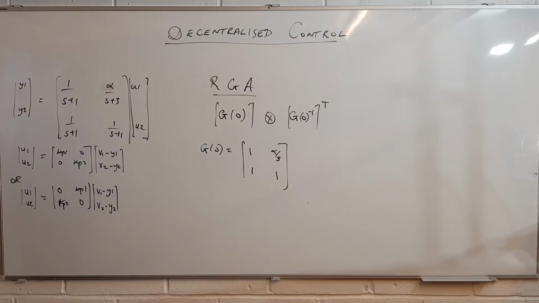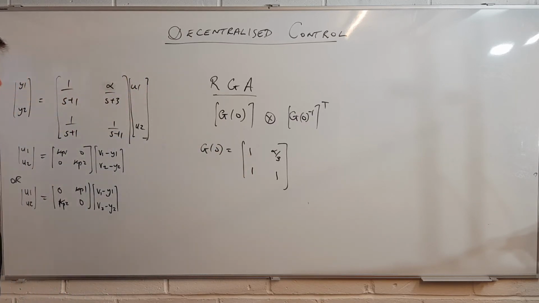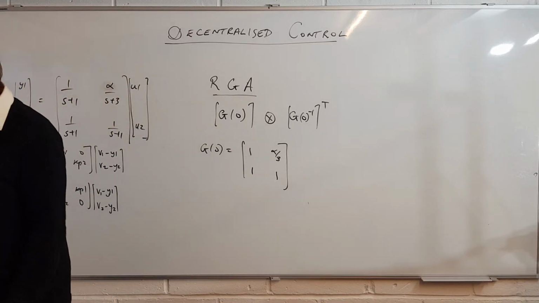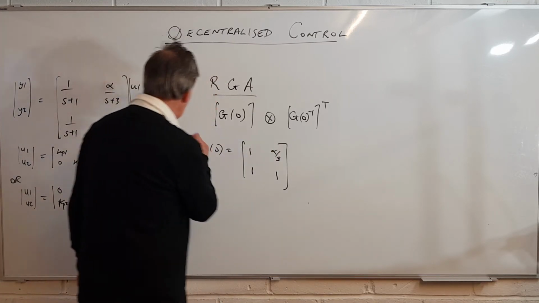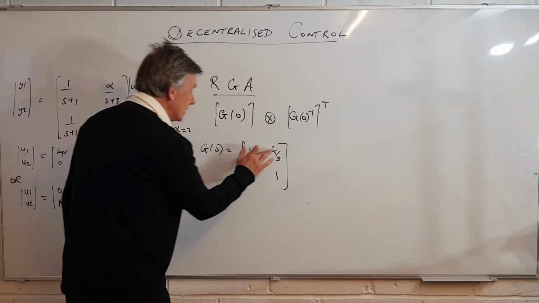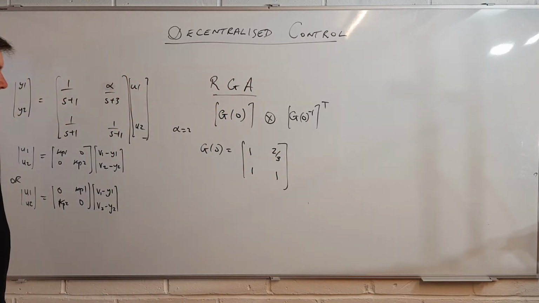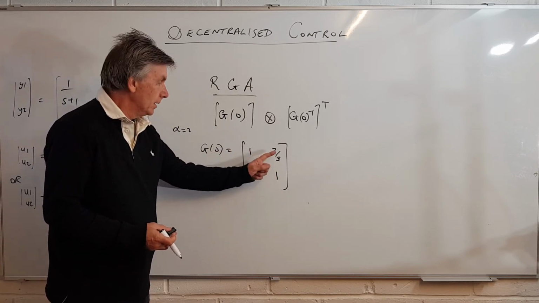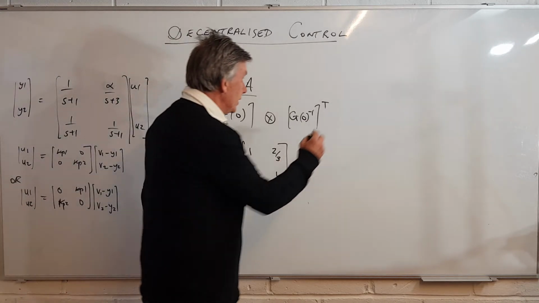So now we have to work out the inverse of this matrix, and it will depend on the value of alpha. In this particular case, I'm going to choose alpha to be 2, so that can become 2 in there. The first thing to do is work out the inverse of this matrix. So swap these two around, change the signs on these, and divide by the determinant. So G0 to the minus 1